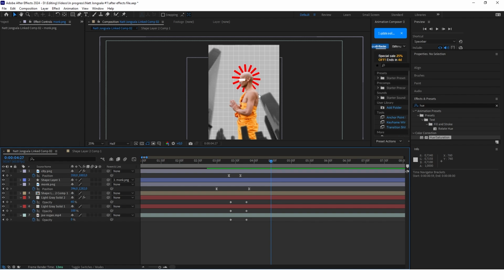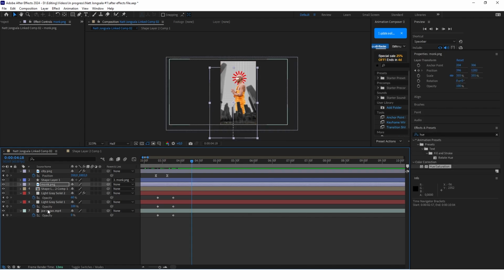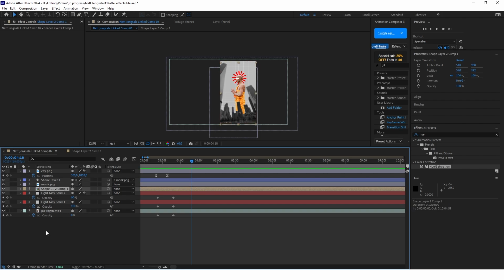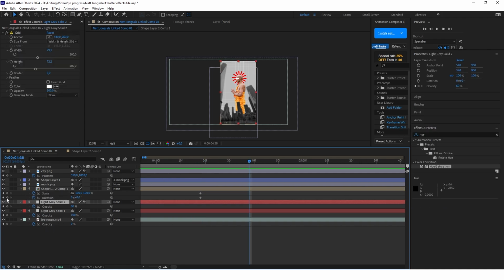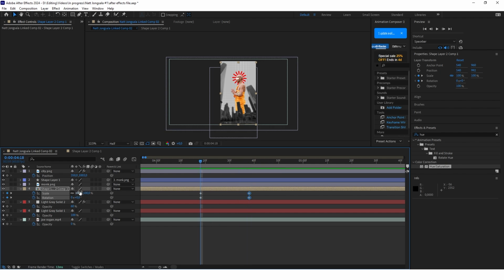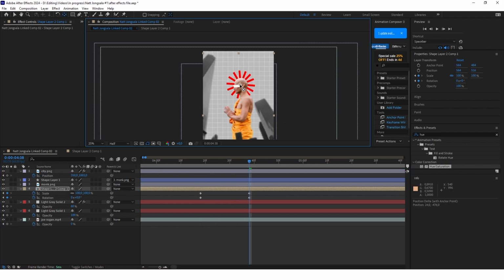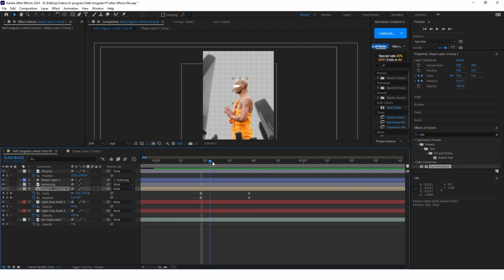And so now we'll animate this shape behind the monk's head. So in order to animate this shape, select the composition where you have this shape and open the scale and rotation. Keyframe it, go a couple frames ahead, keyframe it again. Now go to the first set of keyframes and set the scale to 0. Put the anchor point of this composition in the middle of this shape. As you can see, this shape is now growing behind the head of this monk.